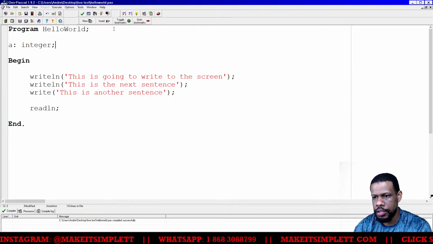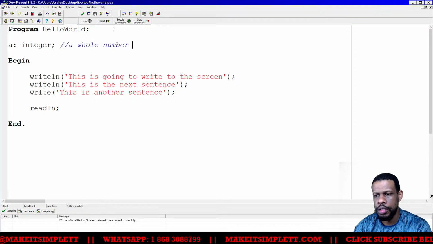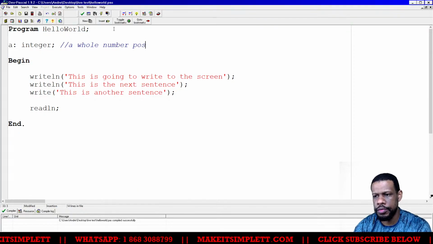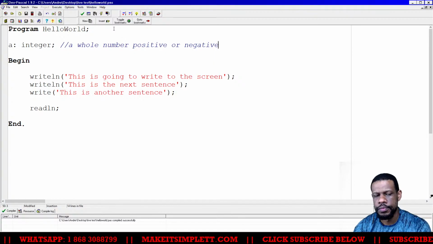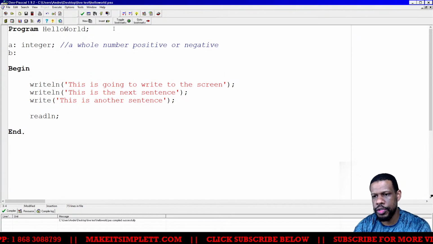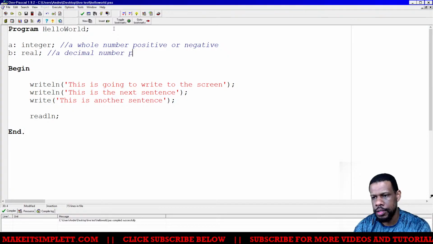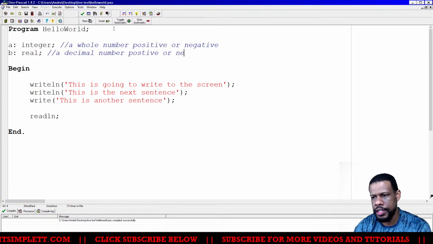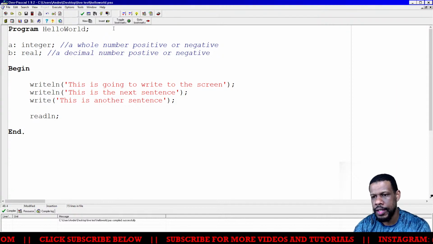An integer is a whole number, positive or negative, right? Then let's say I create a next variable b, which will be a real, which is a decimal number, positive or negative. All right, those are the two number variables.